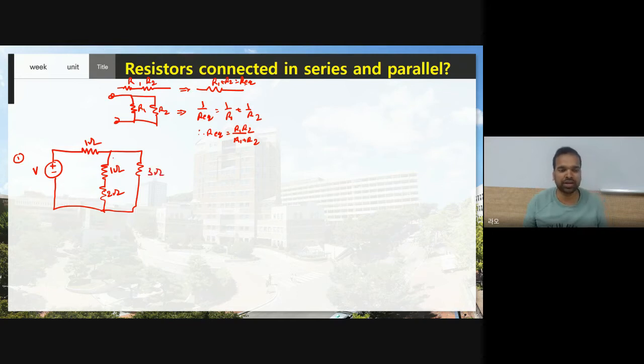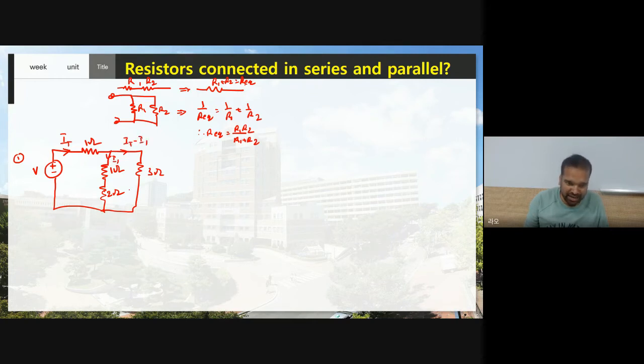Now I told you that in order to identify whether these elements are connected in series or parallel, you need to assume the current directions. As we are using a voltage source, some current IT is flowing from the source. After coming to this point, we have two connections, so the total current is going to get divided into two parts. Let us assume this is my I1. So the total current minus I1 will be the remaining current flowing in the 3 ohm resistor, IT minus I1.